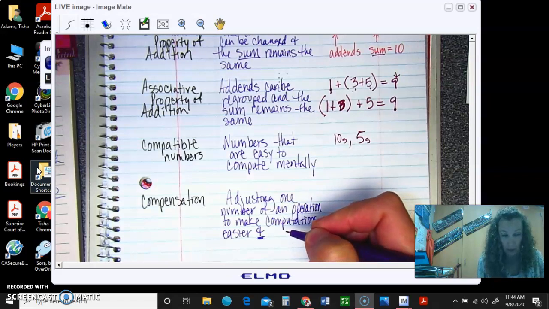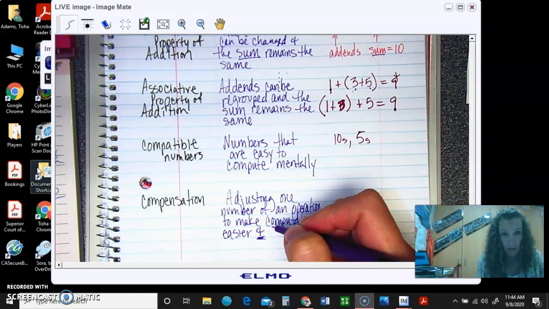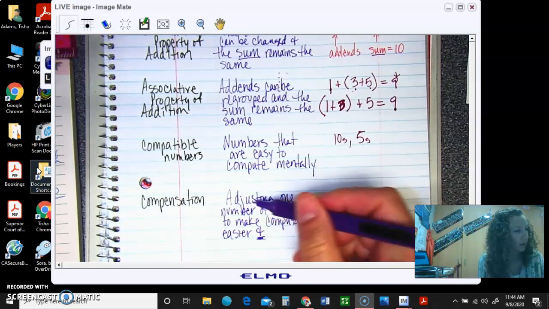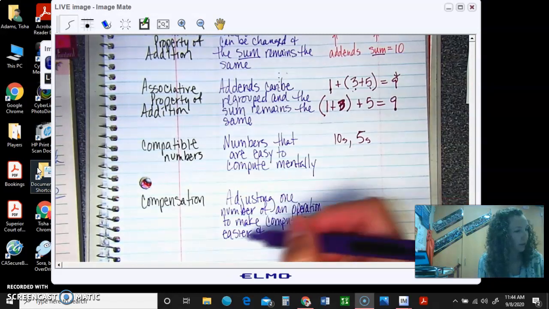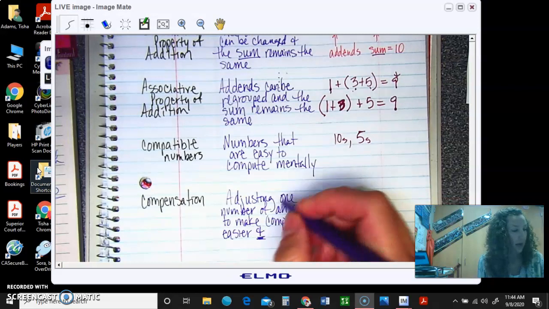When we're taking notes, it's like a cursive plus. It's the same thing as writing out A-N-D. It's just faster, okay? Adjusting one number of an operation to make computations easier and